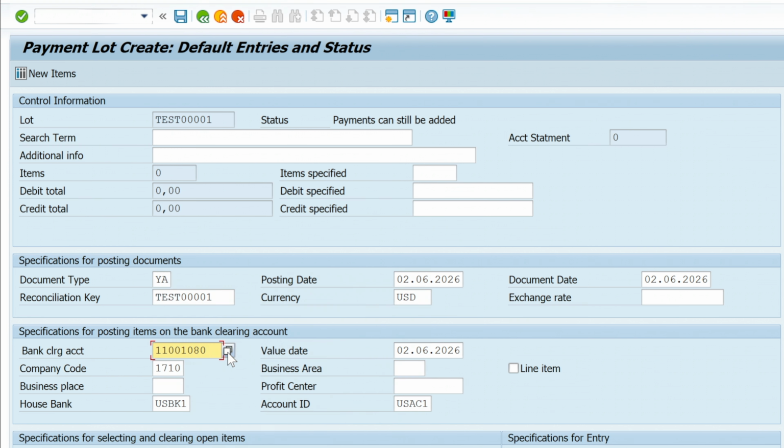Okay, now new items. Here I'm going to put the payment amount as 100, and here in the selections, so I'll put the contract account K. If I can double tap on that, I can put it on account, post on account. Anyway, it is going to be posted on account because we don't have anything. Also, ideally we can put some note to pay, and then we can write one of the FICA